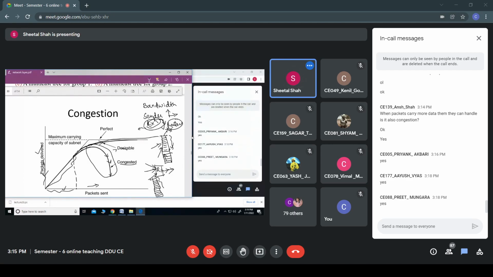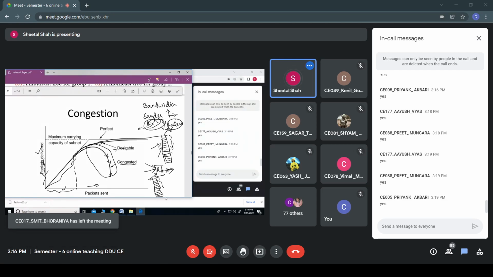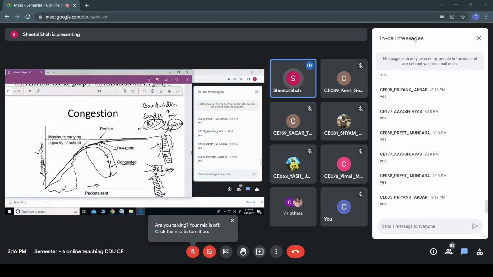If we increase the buffer size, all the packets would not be dropped or lost, and it would be forwarded to the outgoing link. So, can we reduce the congestion? Yes or no? No. Okay. So what happens? The packets would queue up, and when its turn comes, when it is at the front of this queue, it would time out.